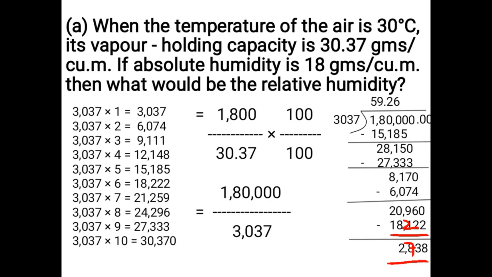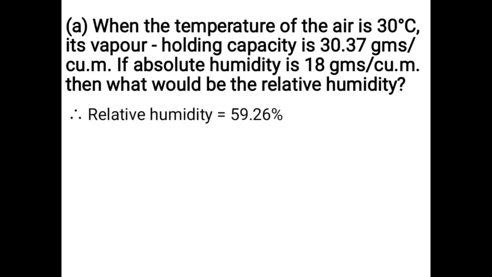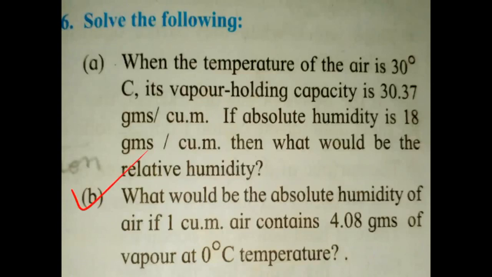So the answer is 59.26%. Therefore, relative humidity is equal to 59.26%. You have to read it as 59.26%. After the decimal point, it will be read as 2 6. Next, what would be the absolute humidity of air if 1 cubic meter of air contains 4.08 grams